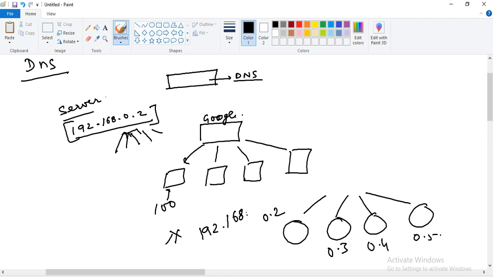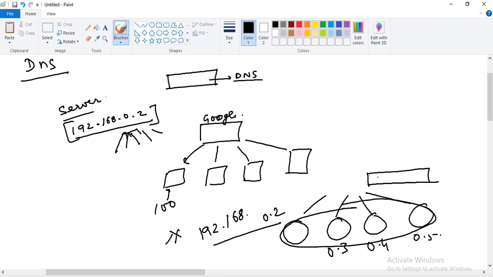We can't remember the IPs of so many applications. We have Google, Instagram, Facebook, lots of applications running. We can't remember the IP of each and everything. So we have got a unique name, a domain name. For that we register with Route 53, as a concept, where we register the public IP, like suppose 192.168.1.1. We are just taking an example, and we have given this IP a name,